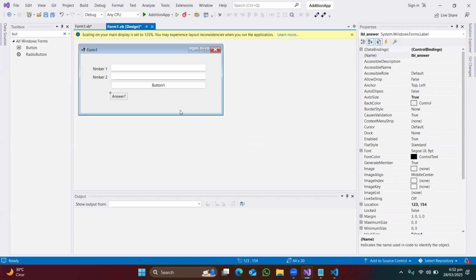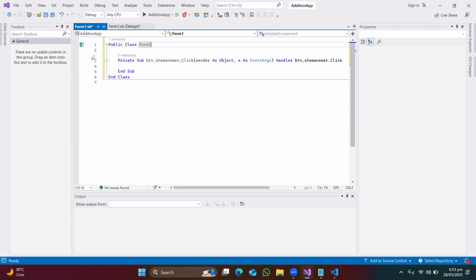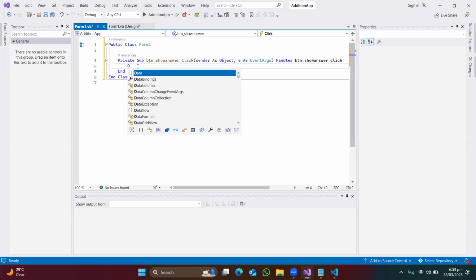VB is an event-based language, which means that when I double click here, I am telling the computer that upon me double clicking, the code over there, this is what I want to do. These are the actions I want to perform. These are the things I want to do. These are the actions my code should take into consideration and evaluate. So what do I want my code to evaluate? I want you to create a variable. So dim